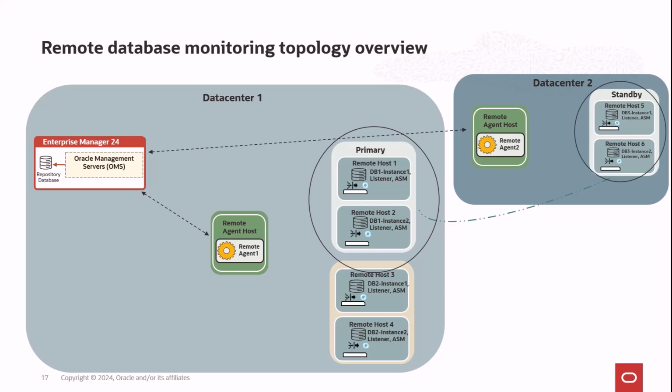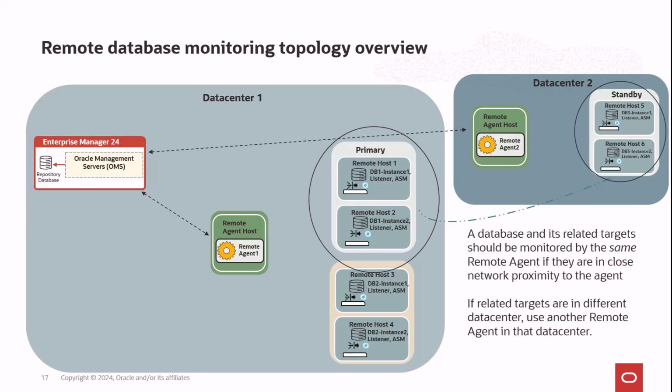Here are the general guidelines for setting up monitoring. A database and its related targets should be monitored by the same remote agent if they are in close network proximity to the agent. If they are not in close network proximity to the agent, such as the standby database, which is in a different data center, then we recommend that you use another remote agent in that data center